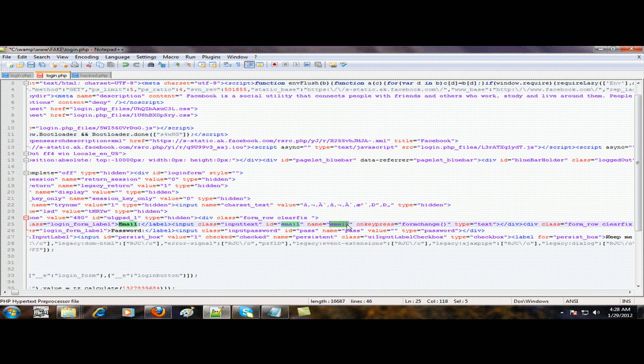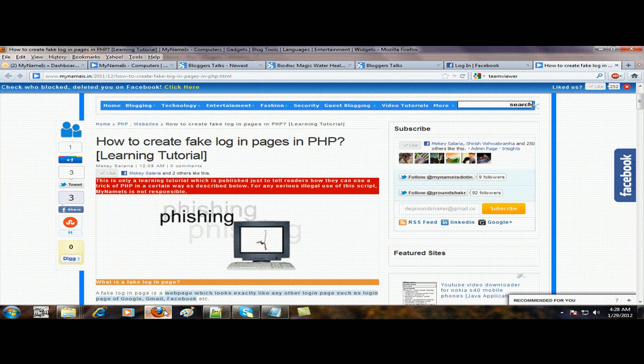It is email. So it means the value of the username field will be saved in this email, right? Now, the name of this password field is pass. Just remember these two names, email and pass, and we have set the action value to hack.php. So if someone clicks on login after writing a username and password, a new page will open which will be hack.php. Let us check it here.